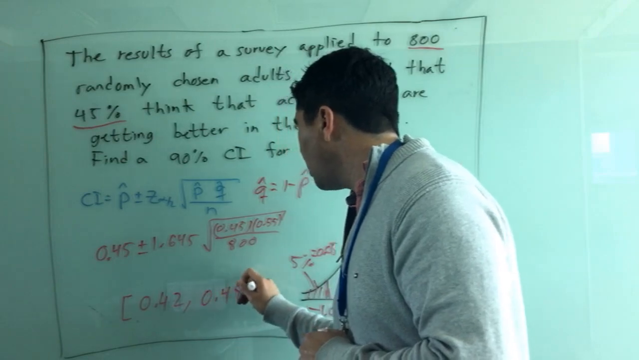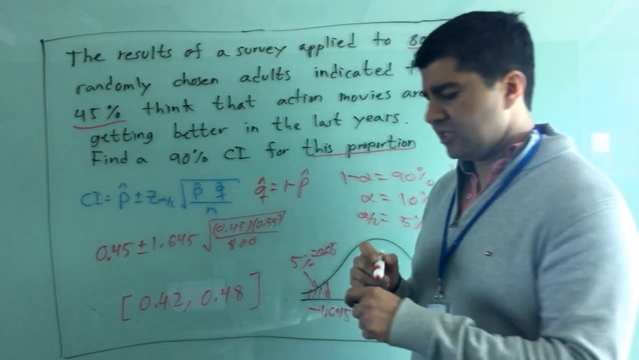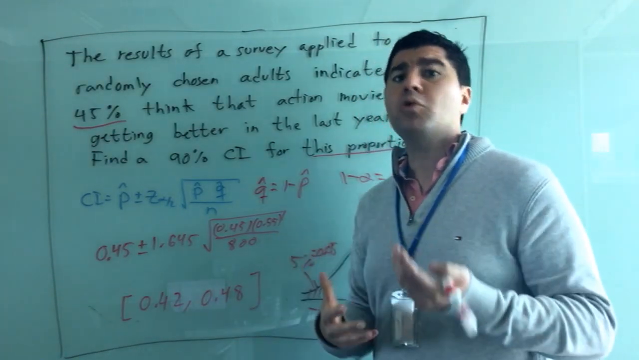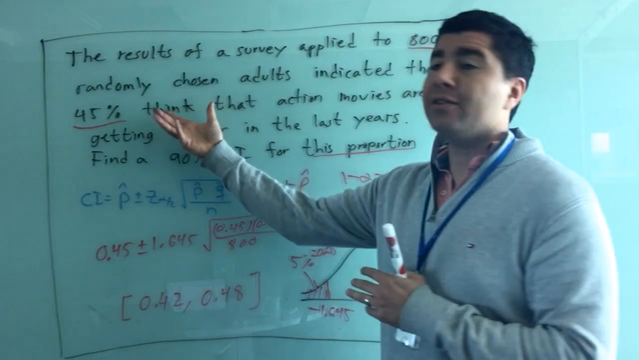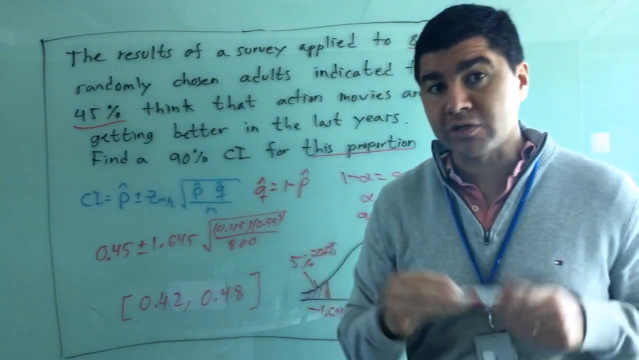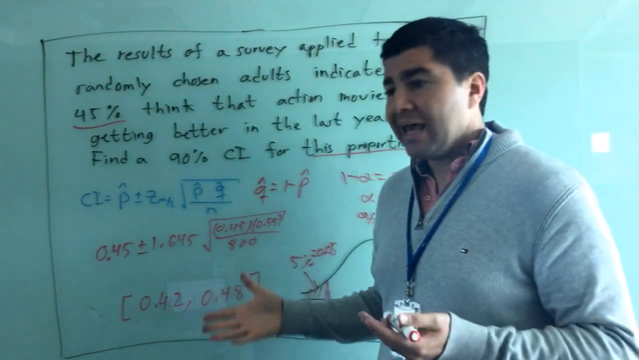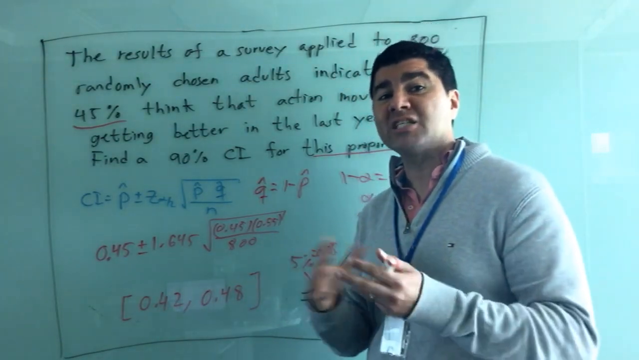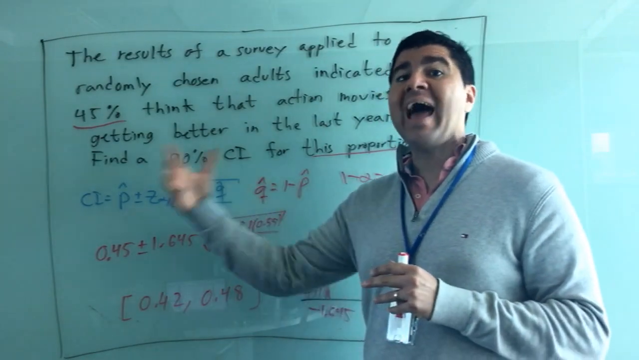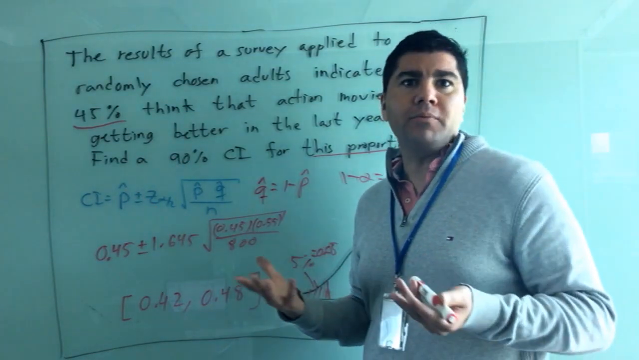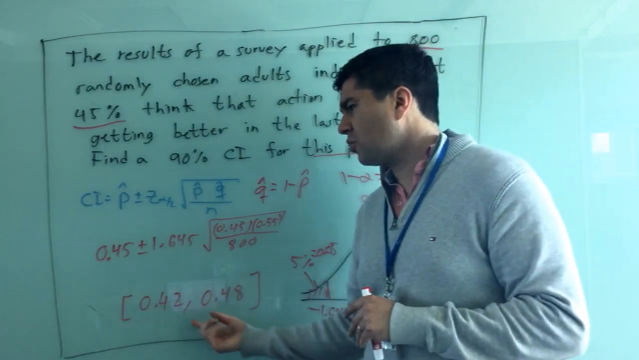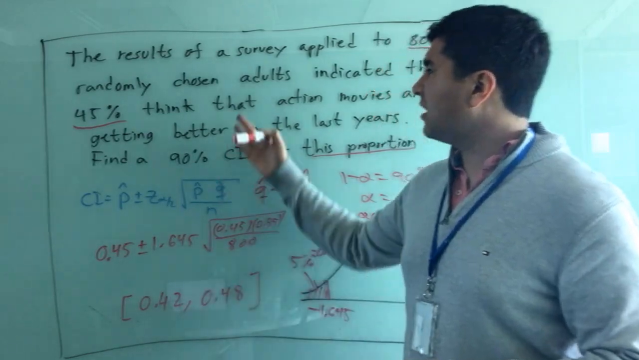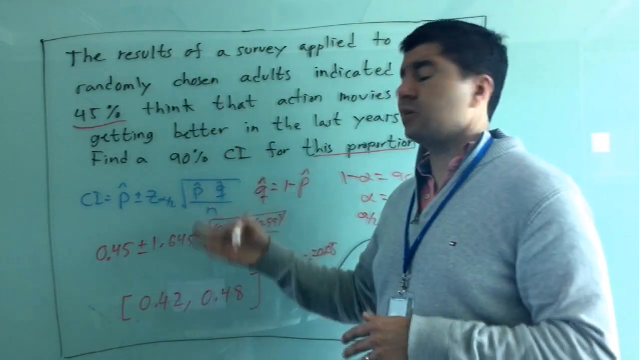0.48. What we can notice in this confidence interval is that now it is giving us the possible proportions in the population of adults, not about just the 800 people. And what we can say is that between 42 and 48 is going to be the proportion in the population if we start asking all the people in the population. On this context, if they are thinking that the action movies are getting better, or in the other way,